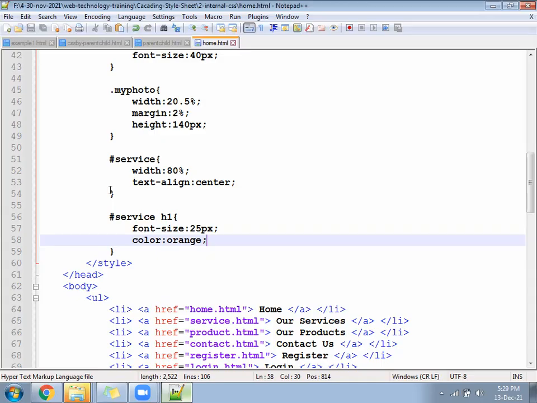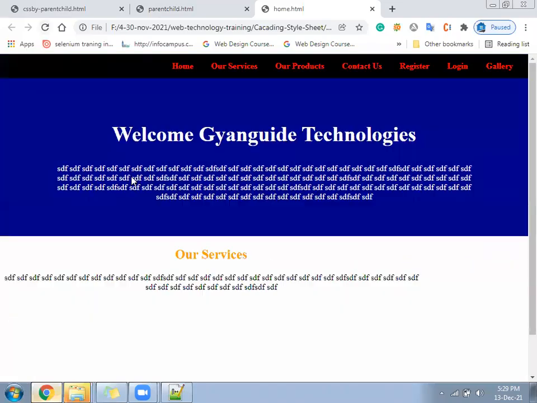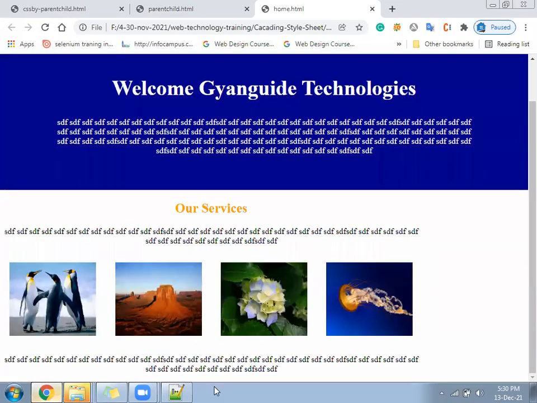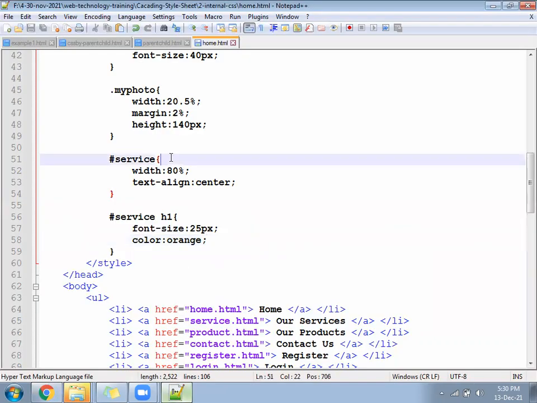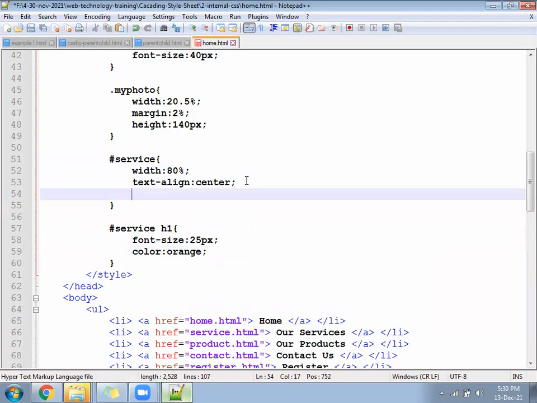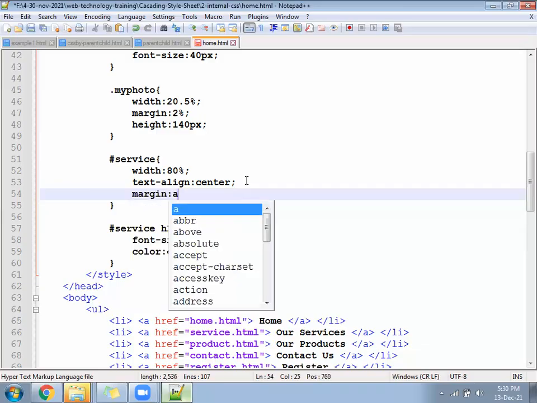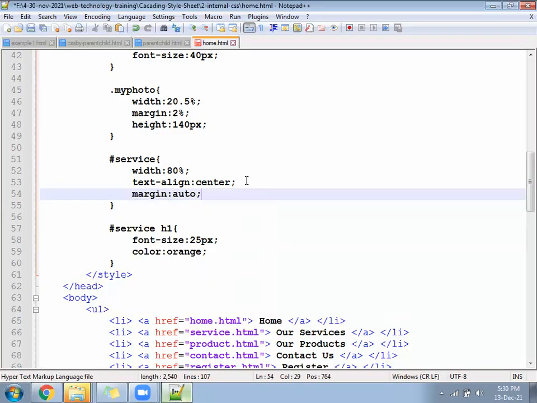Hope it's working. Oh, you need to write margin auto. 80% you have given, margin auto. Margin. Margin auto.